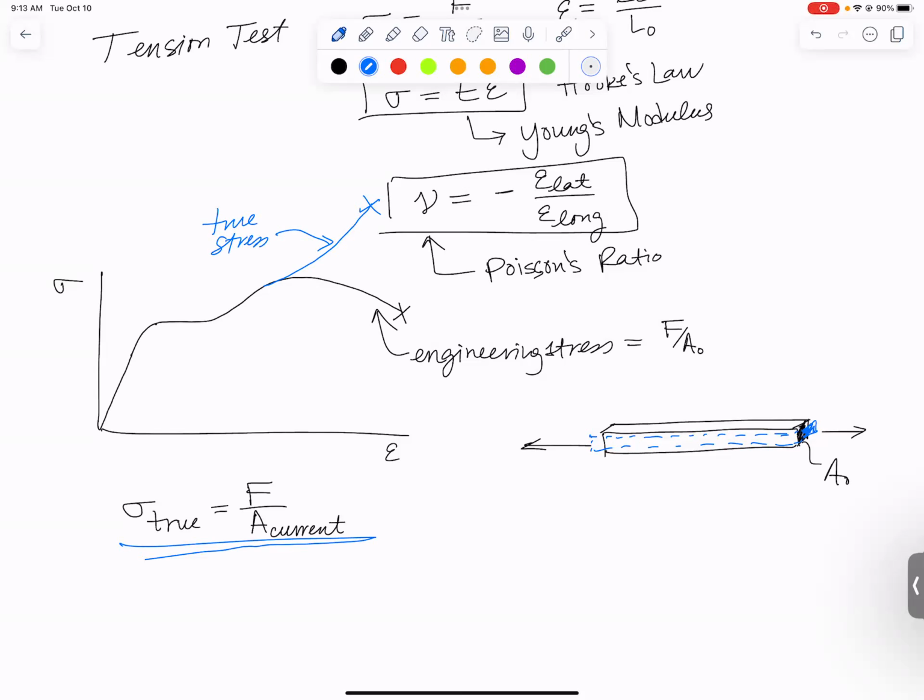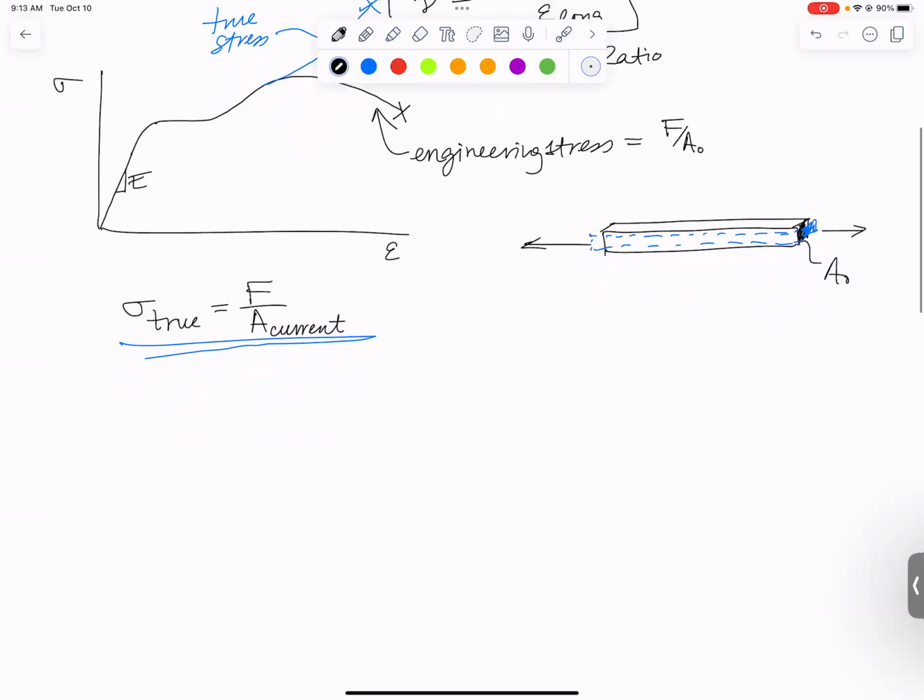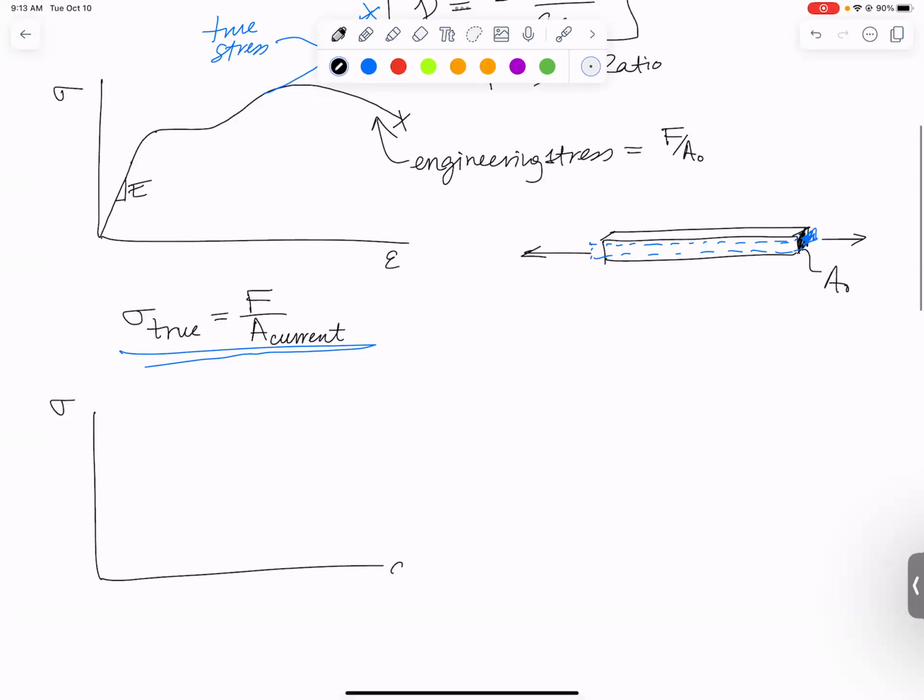Something I want you to be aware of. If you've taken a material science class, you probably already knew that. In this class, we are limiting ourselves to this little tiny region at the beginning where we have linear elasticity and Young's modulus. I'll remind you from last time, how far can we go along that stress strain curve while we still decide that it's okay to use all the equations we're going to develop over the next few weeks? Well, we've decided